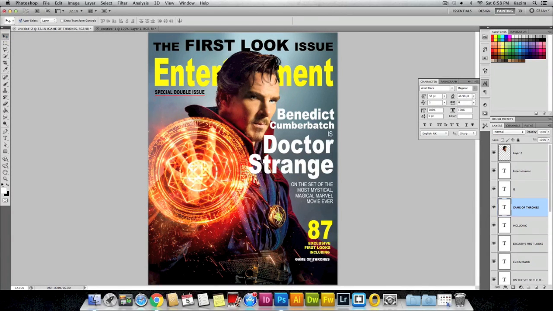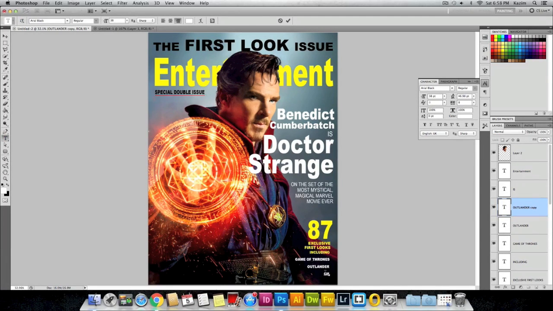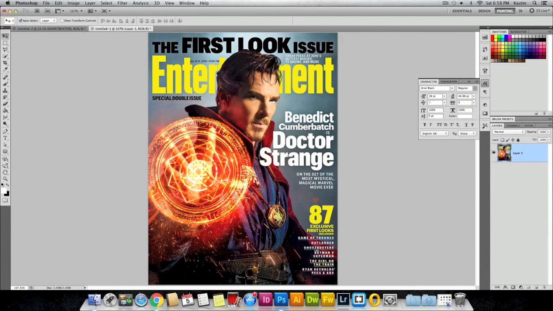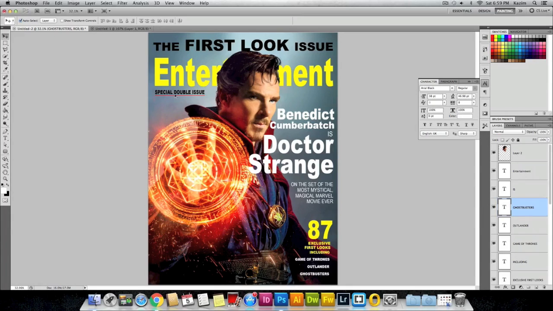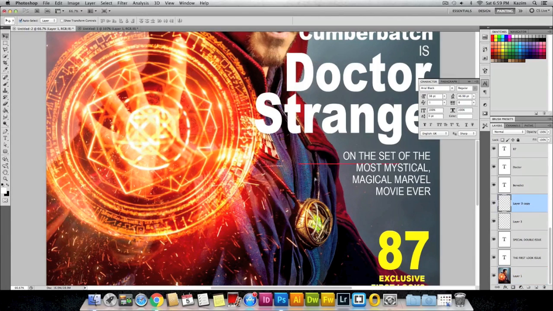And I'll just duplicate these two. Outlander, and I'll just write one more. Ghostbusters, and you can see this has an underline below it, so you can just copy the one we had created in the beginning, the red one. I'll just zoom in and I'll copy this one, layer 3, and I'll duplicate it and bring it down,